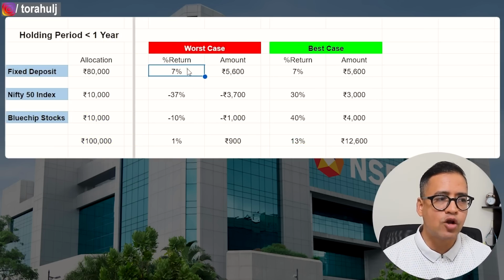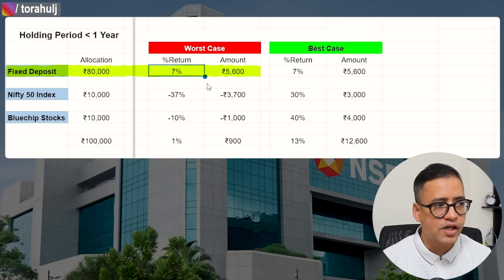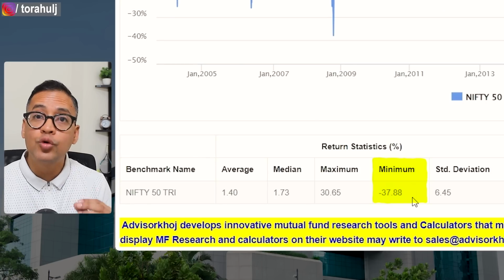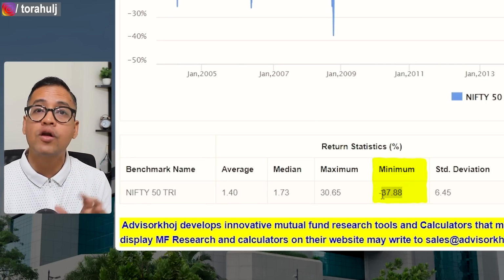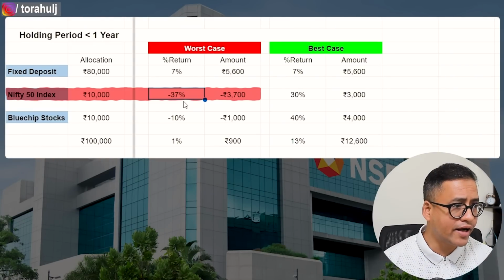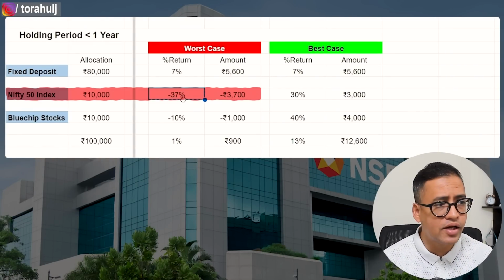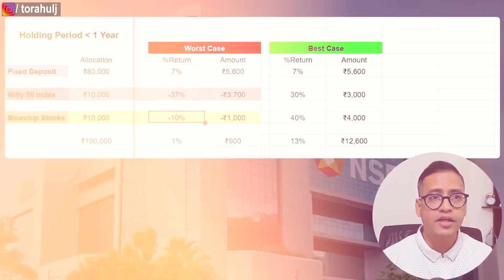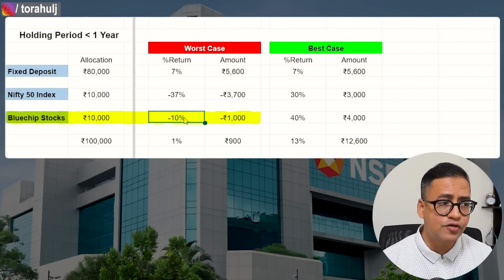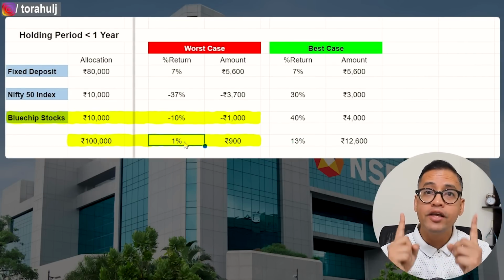So from a worst case scenario perspective, FD remains 7%. Nifty 50 index, if you look at the data, we will see that it can go down to minus 37% if your holding period is less than 1 year. So with that, let us put this minus 37% number here. From a blue chip stocks perspective, if we look at the negative returns, the lowest returns, you will see that UPL, for example, has given close to minus 10% returns. So I'm going to use minus 10% as a number here, and that gives you average returns of only 1%,